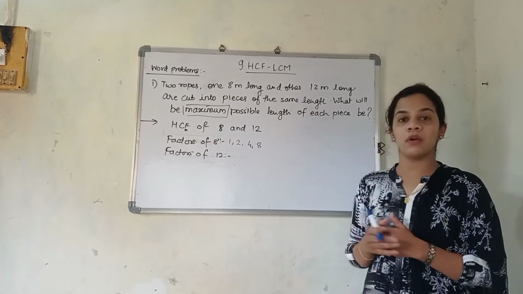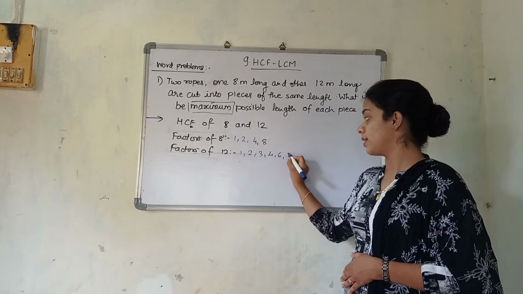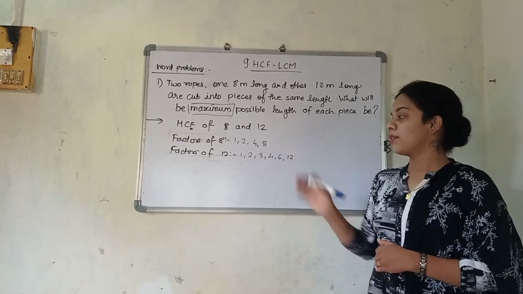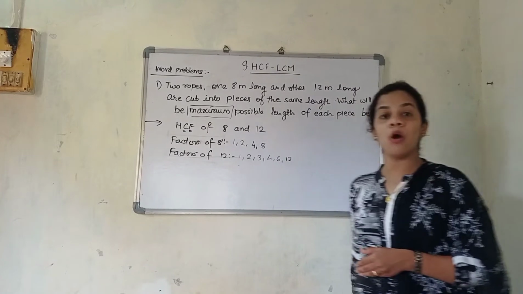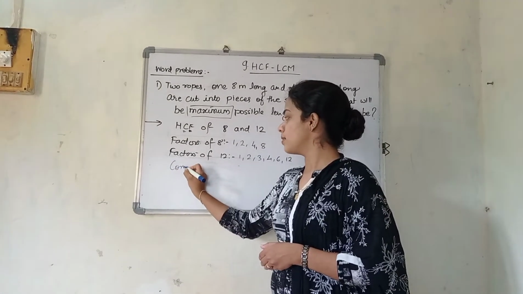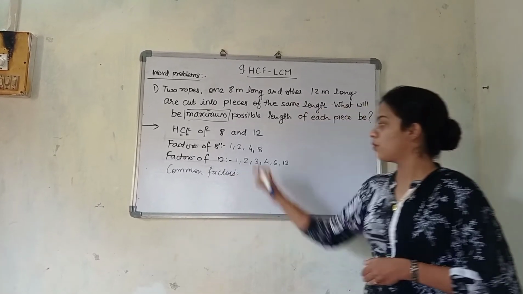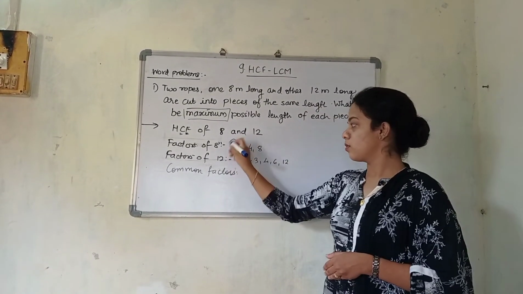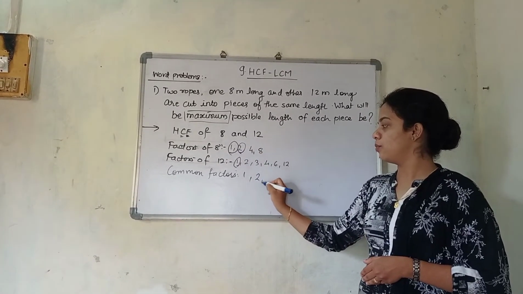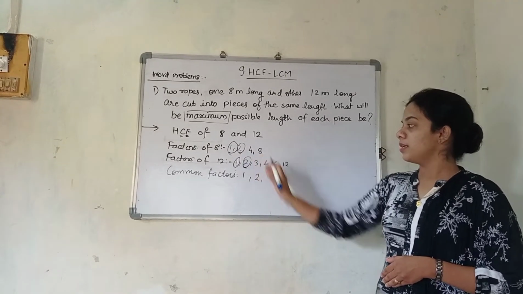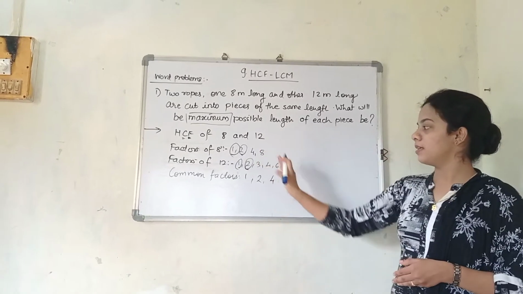In 12, what are the factors of 12? 1's table, 2's table, 3's table, 4's table, 6's table, and directly 12's table. You can find 12 coming in it. So now which is the common? The next part we are going to see is the common factors. Can you tell me which are the common factors from what is given here? Yes, 1 is common. 2 is also common, you can clearly see 2 is present here. 3 is common? No. 4 is common? Yes, 4 is also present over here. 8 is here, but 8 is not present.